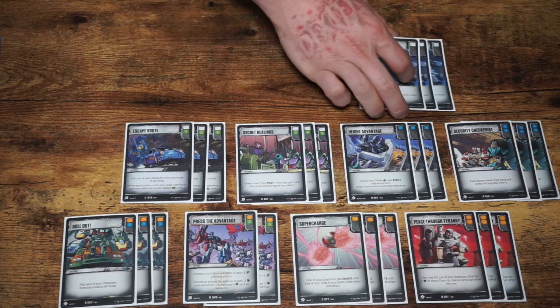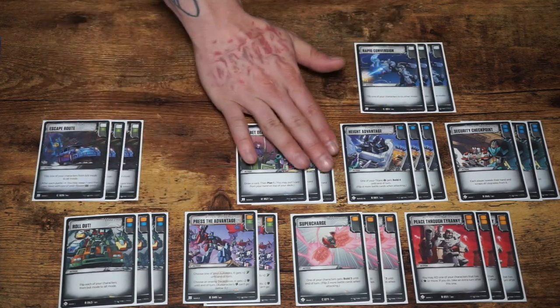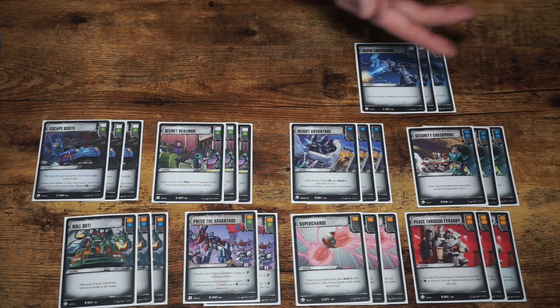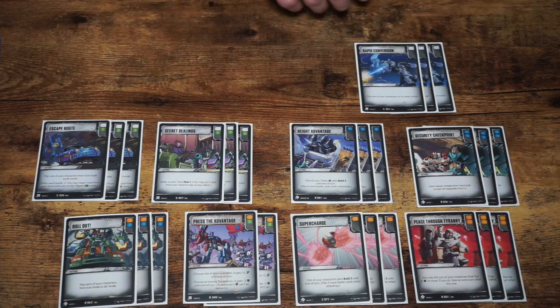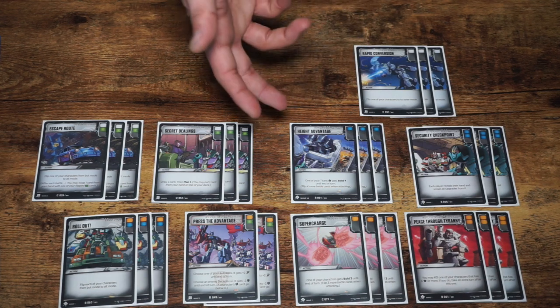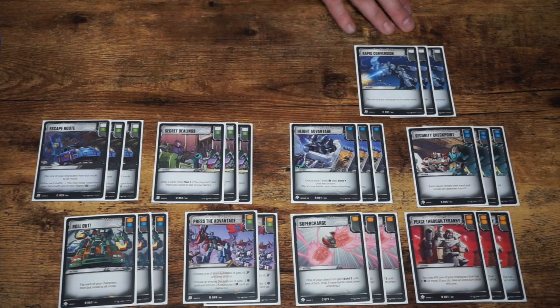The next card coming in as a 3 of is going to be Rapid Conversion. Now, Rapid Conversion is a white battle icon card, again, in there to help us proc Metroplex's ability, flipping 2 more cards on attack or defense, and then it does allow us to flip one of your characters to its other mode, so it doesn't matter what mode you are in,